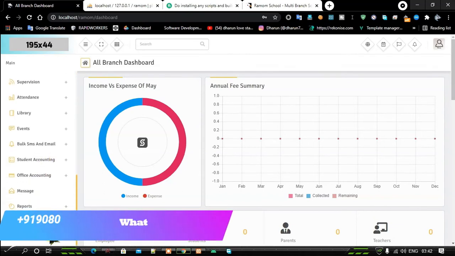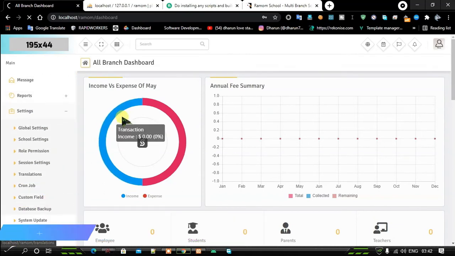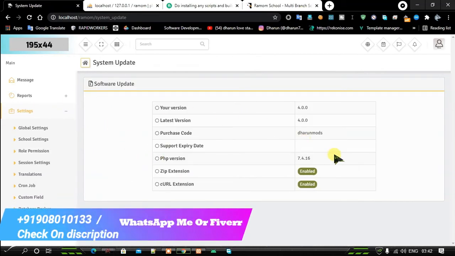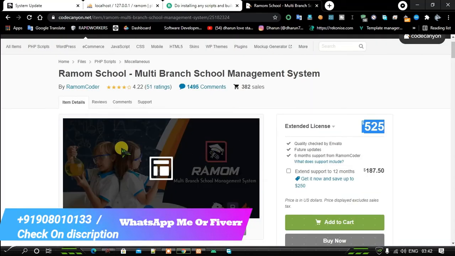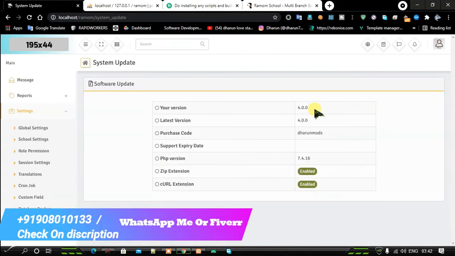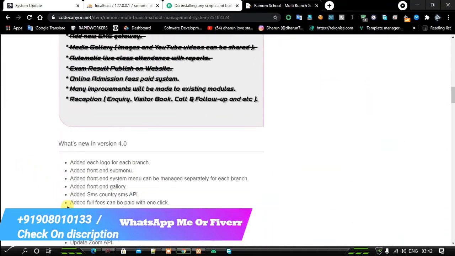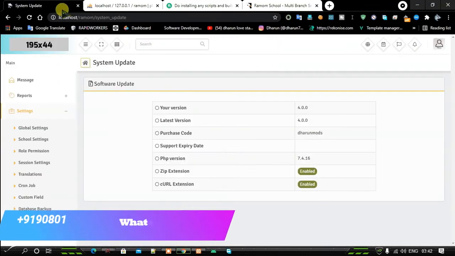Now I'm going to check the settings and system update. You can see the purchase code and some other information in this software update field. The current version is 4.0, and the official current version is also 4.0, because I am using the latest version of the script.